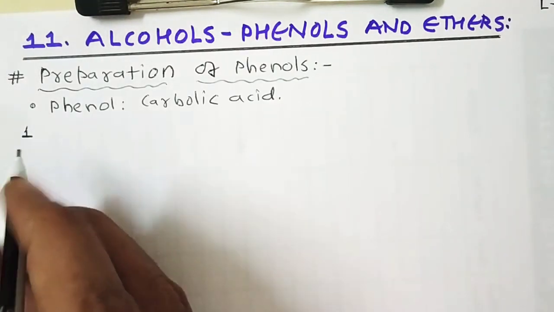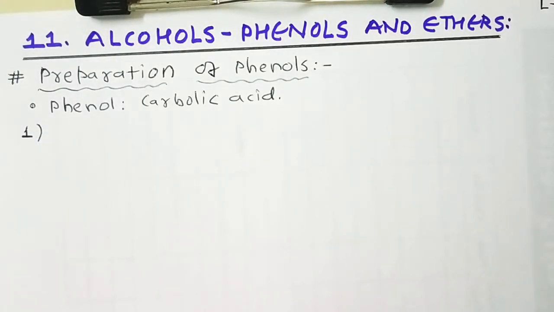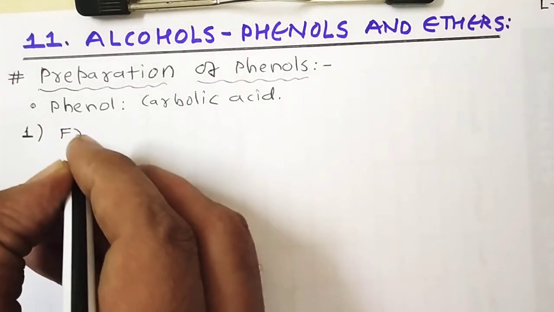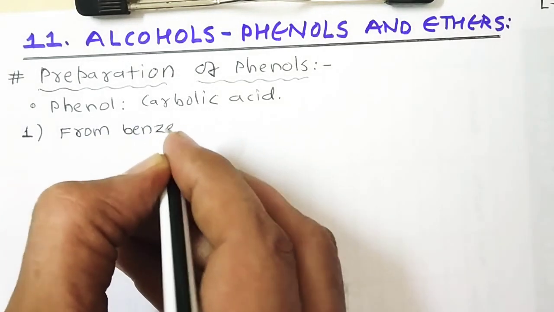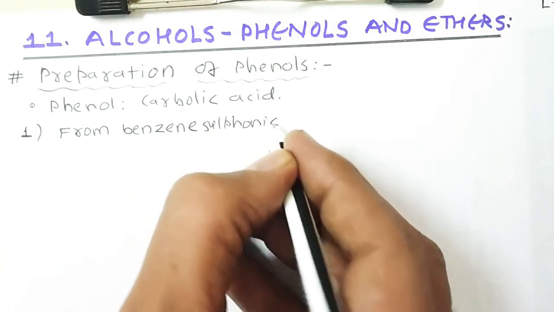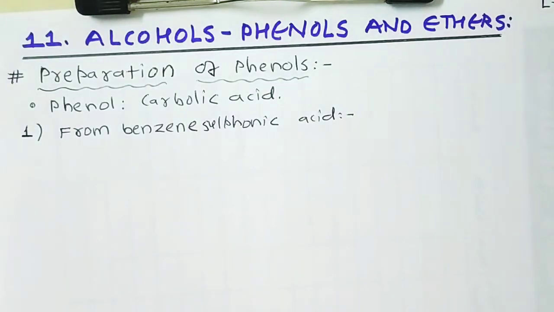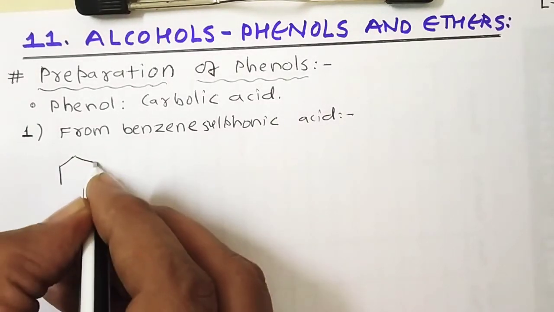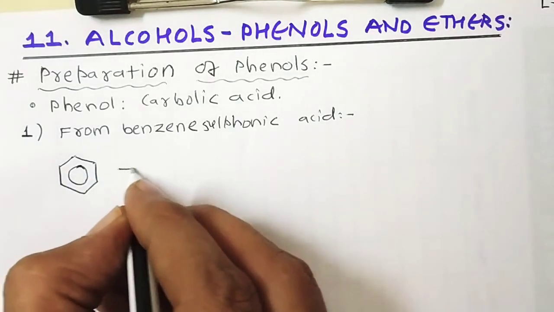The order of these methods is given by me, because in your NCERT textbook, the method from benzene sulfonic acid is the second method, but I start from number 1, benzene sulfonic acid or BSA. First, how do we form benzene sulfonic acid? In the hydrocarbon lesson we already studied that benzene gives electrophilic substitution reactions, and this benzene reacts with